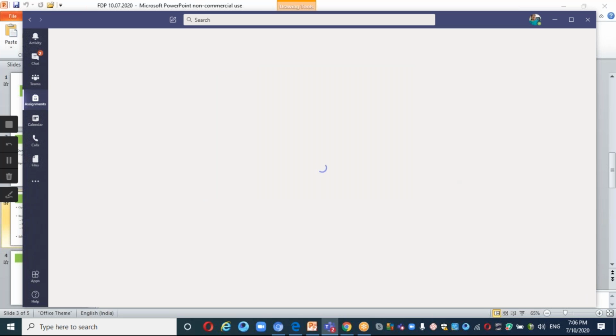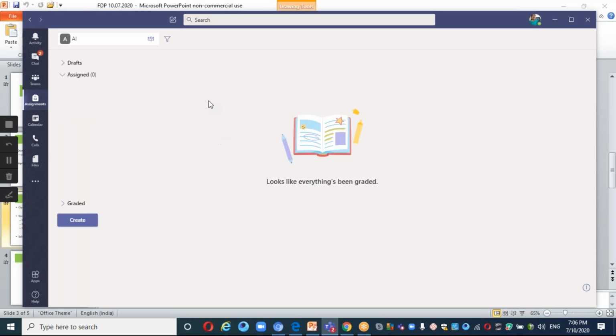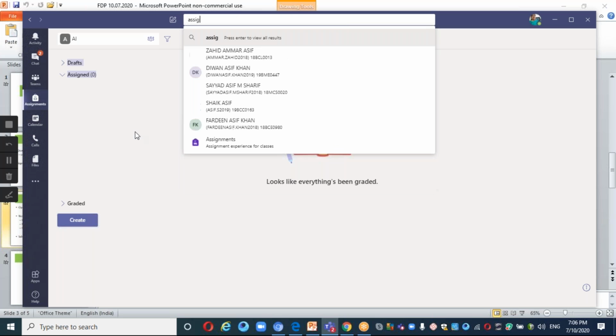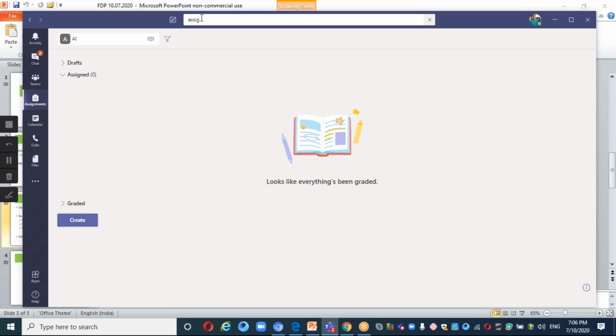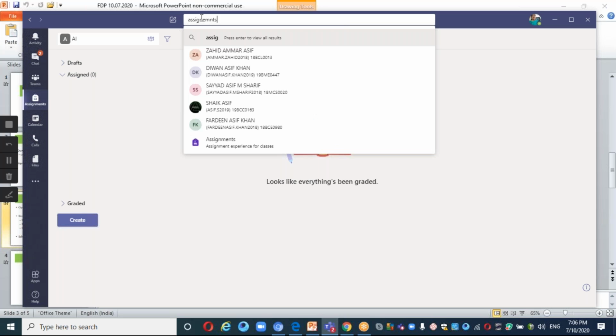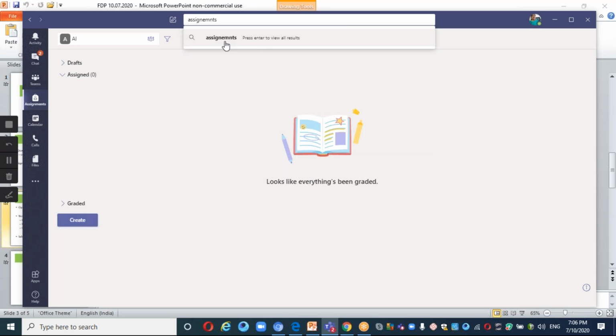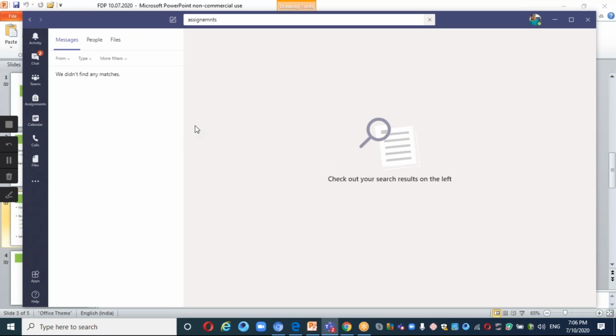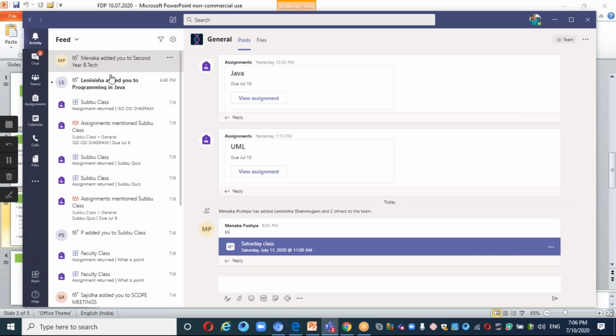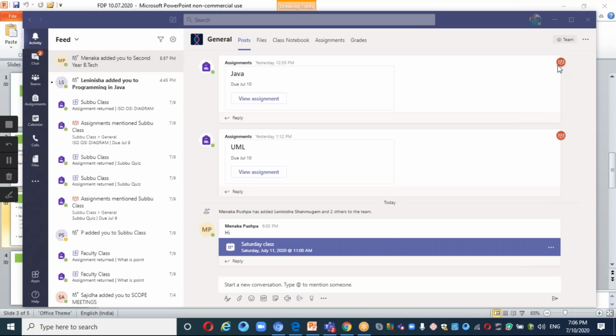Choose the class called AI, because I'm giving assignments to AI only. My Windows is not responding properly now. It's very slow.